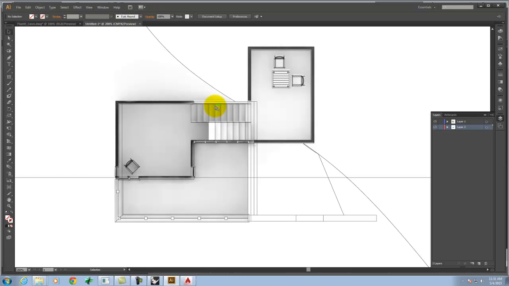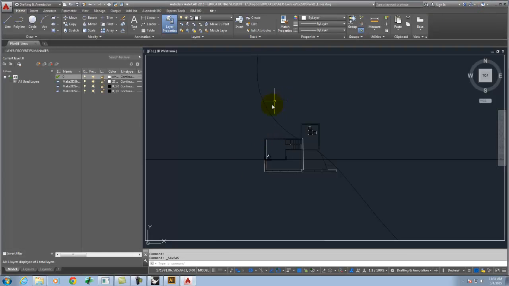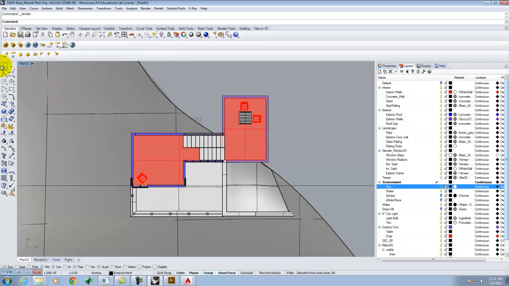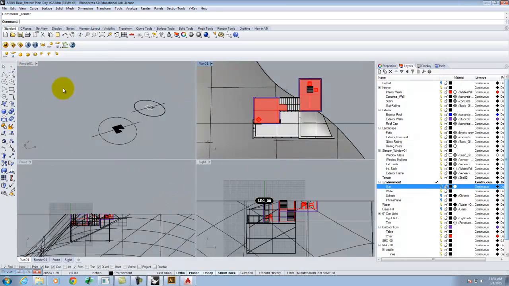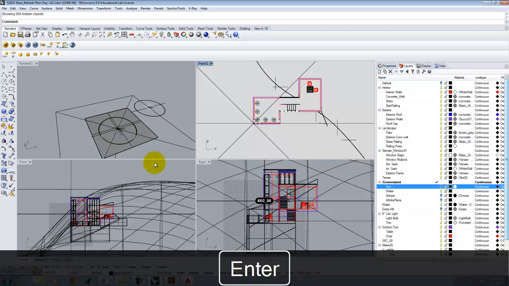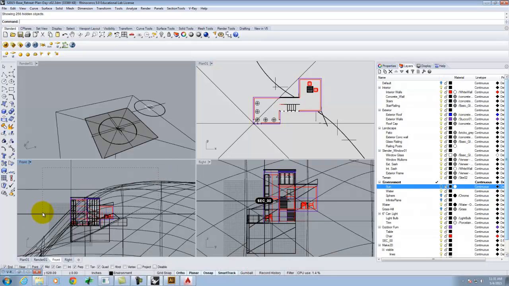But if we want to take this a step further and we really want to study how this works on our site, we'll jump back. And this is, again, I'm starting to go a little bit more technical here. Instead of hiding all those upper objects, I'm going to apply a see-through material to all those objects. So we'll type show, which brings back all of these. And I'm going to select all of these objects